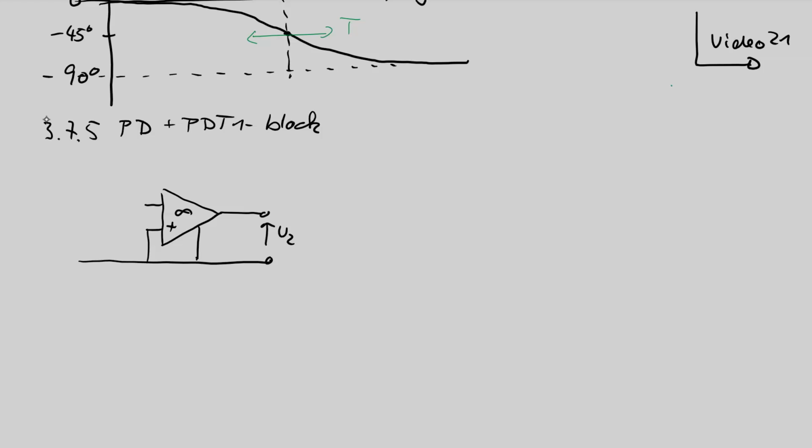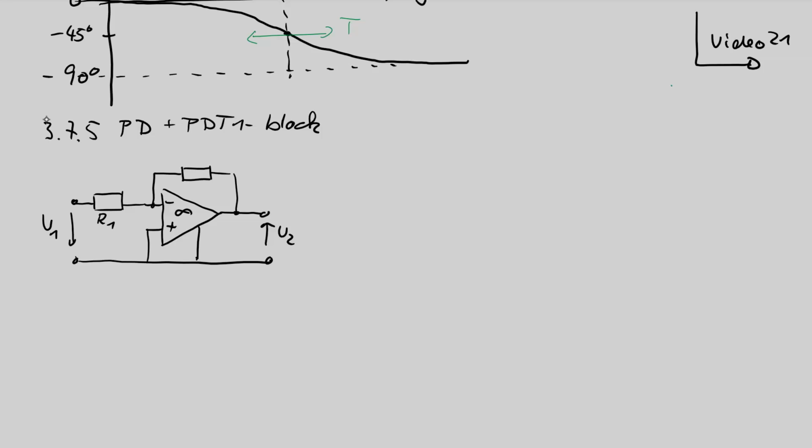The positive input is grounded, the negative input is connected to two impedances. The input voltage U1 is connected via an R1 directly to the negative input, and the feedback resistance is again a resistance,